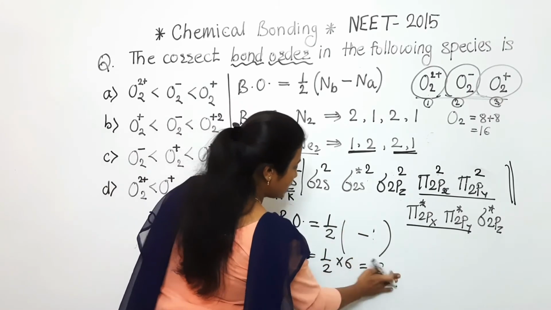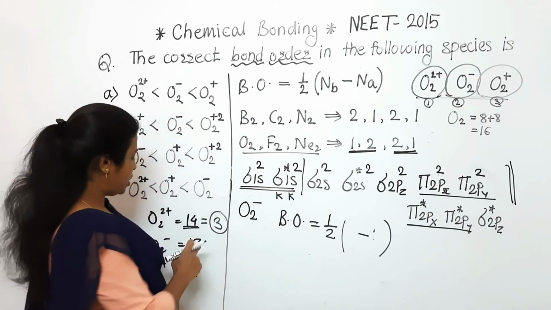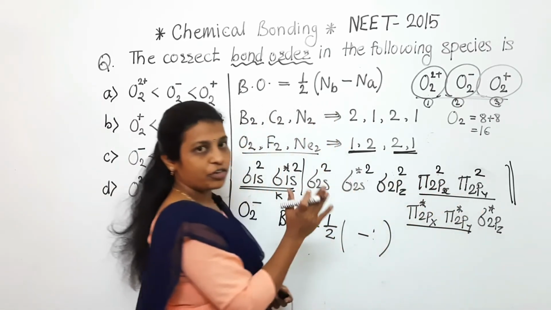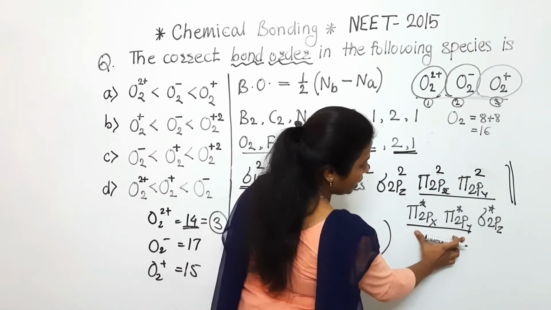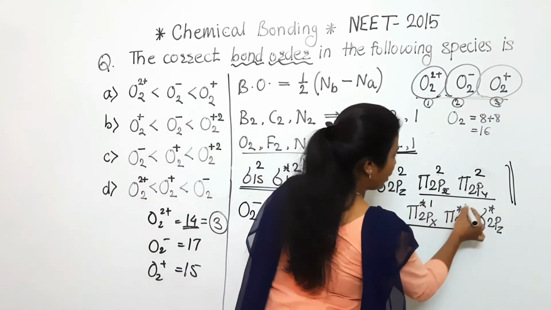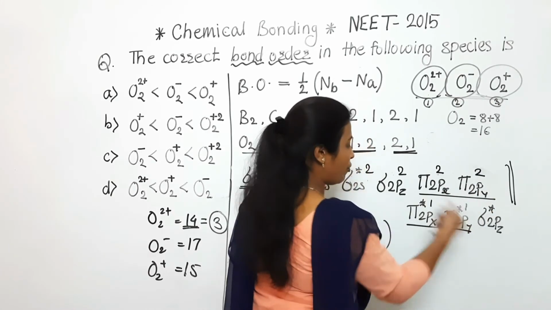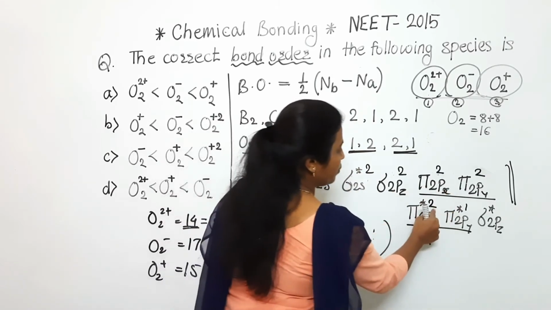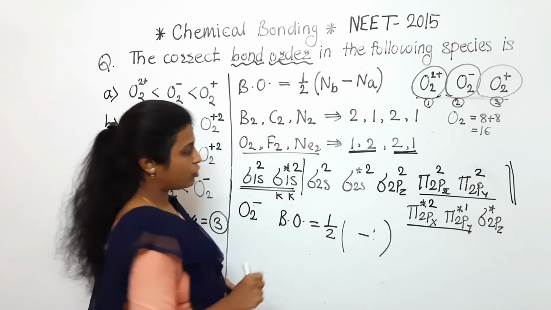In this way now we will discuss O2 minus also. This part will be the same; simply the calculation part and the electronic configuration will change. Here the number of electrons is 17. Up to this the electronic configuration will be the same, 14. After that see here pi 2px, pi 2py, but it is of the anti-bonding. So firstly we will add 1 electron. So what will happen? 14, 15, 16. After that again we have to add 1 electron. So 14, 15, 16 and 17. In this way we have completed the electronic configuration.